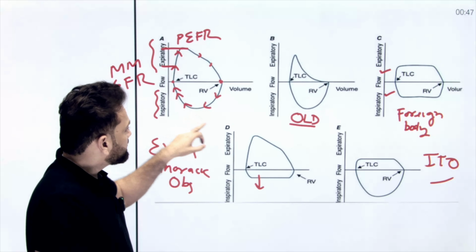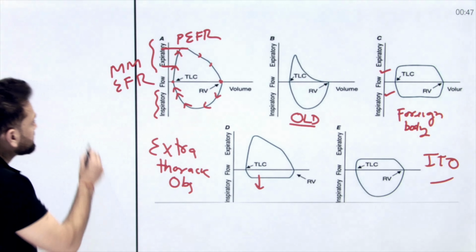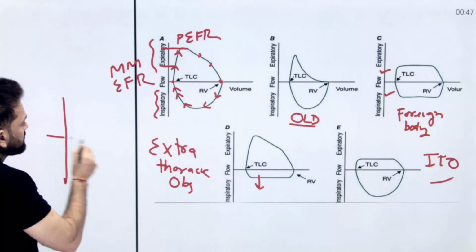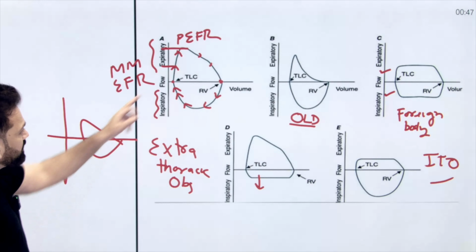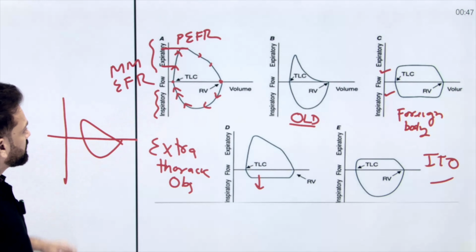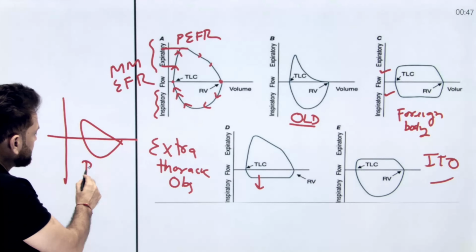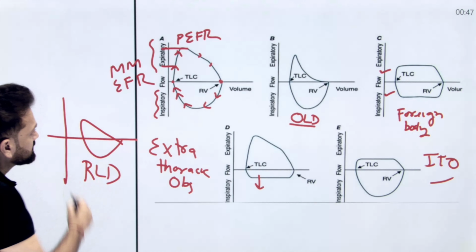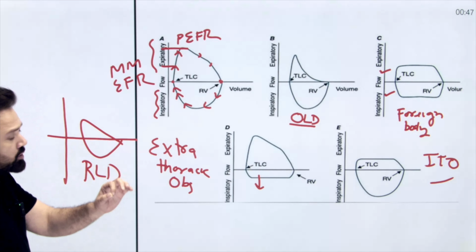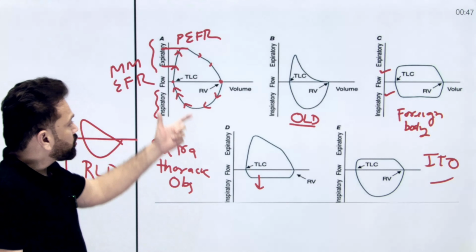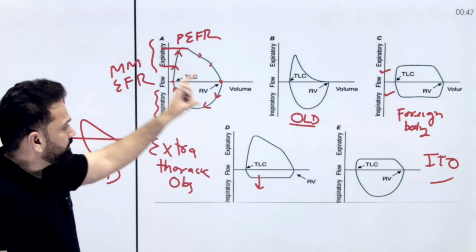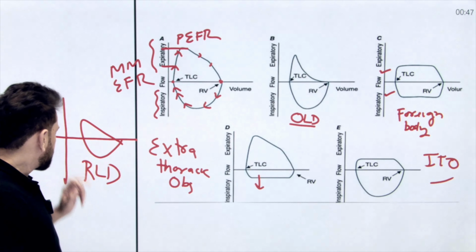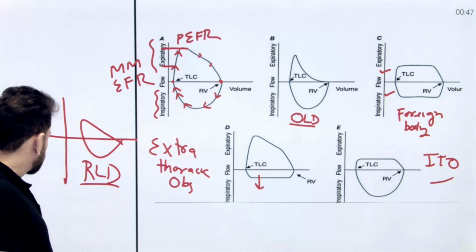But the main thing is that for obstructive lung disease, please don't forget at least two things: the normal curve and the obstructive curve. In the restrictive curve you will simply get a small curve. The shape will be the same, but the curve will be smaller, and then the patient is having restrictive lung disease. So at minimum what you are supposed to remember is the normal flow volume loop curve, the inspiratory and expiratory parts, the obstructive curve, and the restrictive lung disease curve.